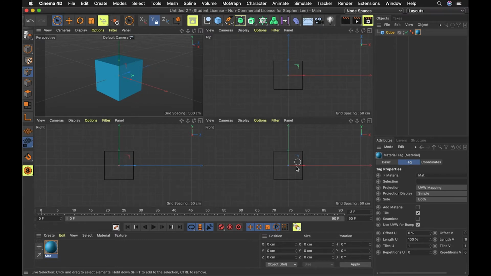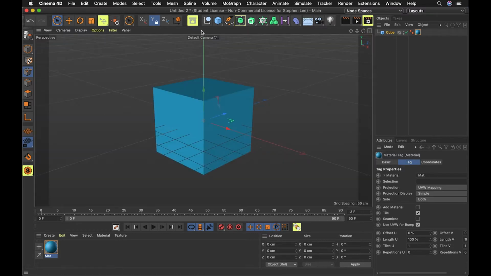I like to keep these views as they are. I don't like to rotate them or mess with them. I might scale in and out or zoom in and out. You can use your mouse, or you can scroll up and down. I'm going to go back into this view right here, and you can go back into it by clicking that